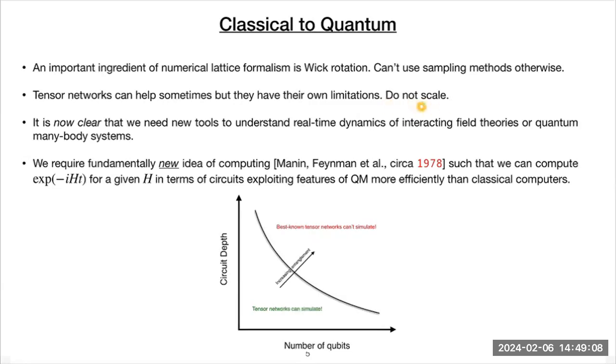So if I want to go to, say, 2+1 or 3+1 dimensions, well-known tensor network methods cannot help me in higher dimensions. So this is also a problem: even though we can come up with very smart, innovative classical algorithms, it just seems that at some point you hit a barrier, that you cannot really understand the real-time dynamics of a quantum many-body system just on a classical computer. And this is